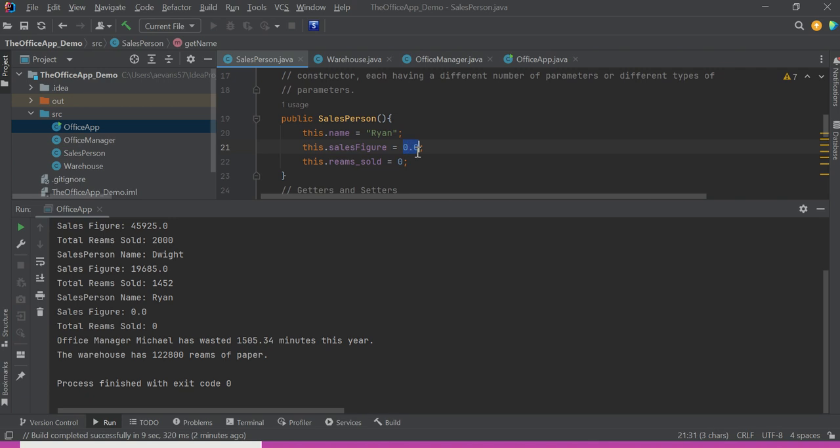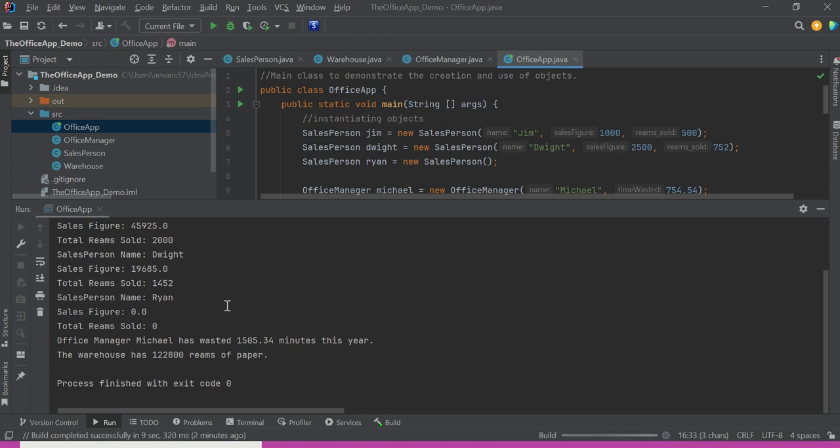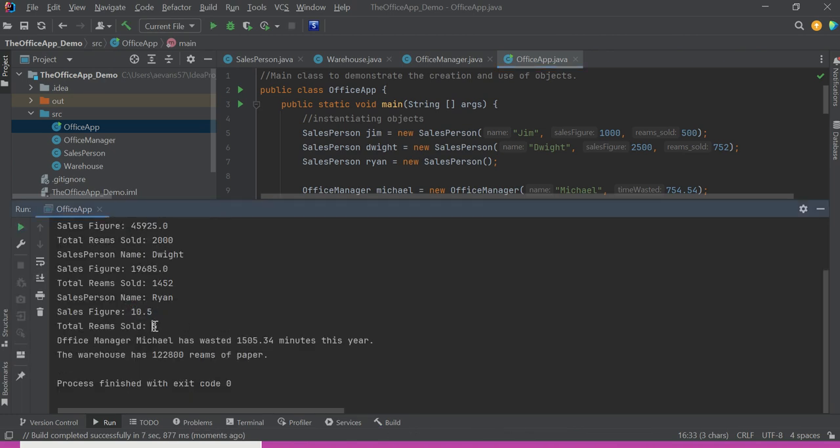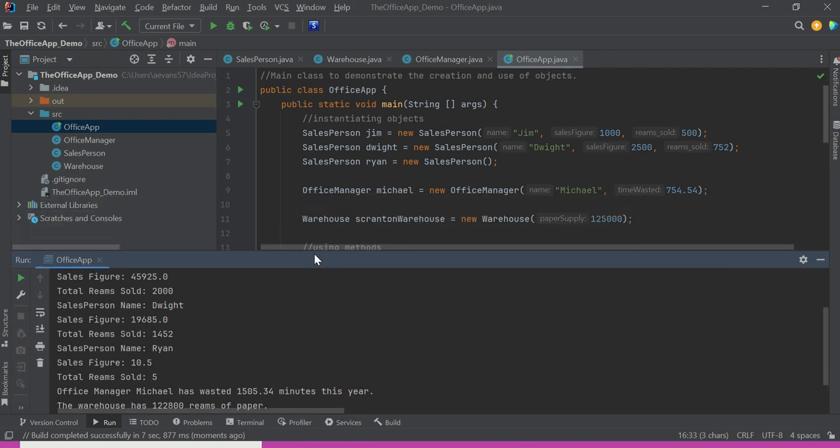So I could change this. I could say that the initial sales figure is $10.50 and the initial reams sold is 5. So if I were to run this again, I'll now see that the Ryan object has different values: $10.5 and 5. Lastly, office manager Michael has wasted